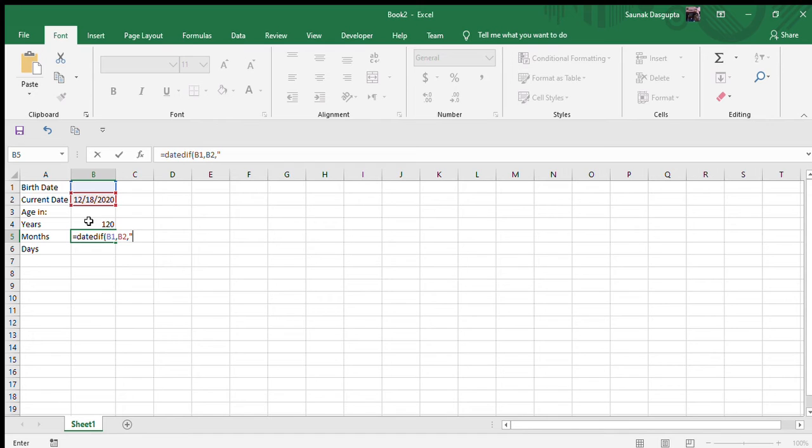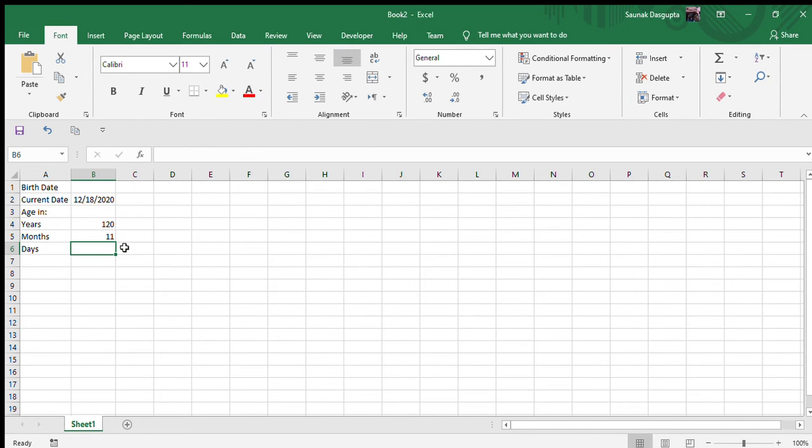If you give the M string, it will show how many months you have lived in total. But if you want how many years and months you have lived, you can give this string, YM, and close the bracket and press enter.